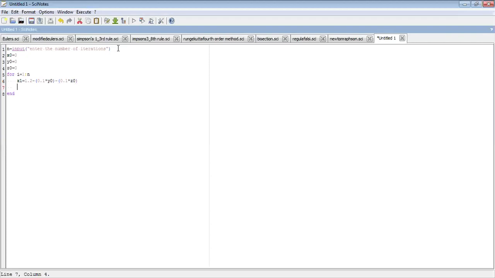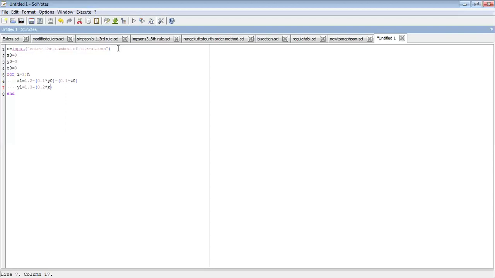Then we'll write down the value of y1. In writing y1, we'll take x1, and z will be as it is, the earlier value. So it will be 1.3 minus 0.2 times x, but what is the value of x now? It will be x1.